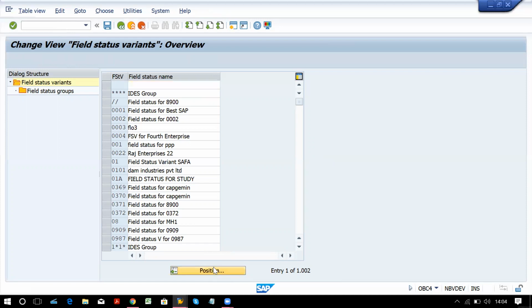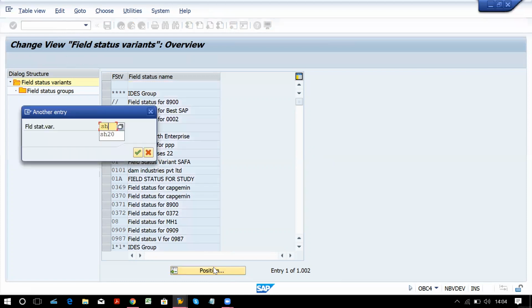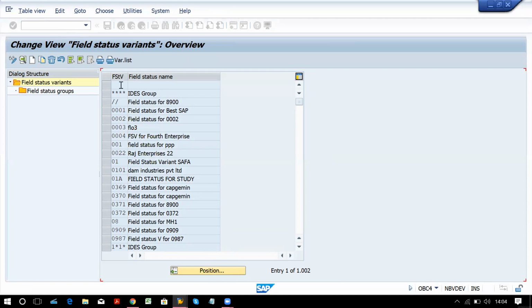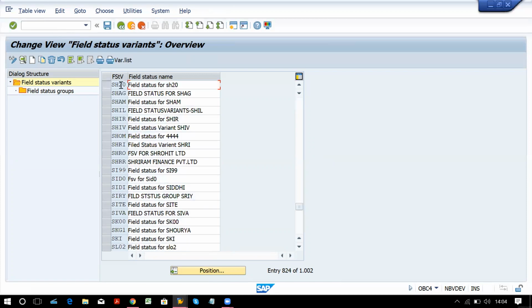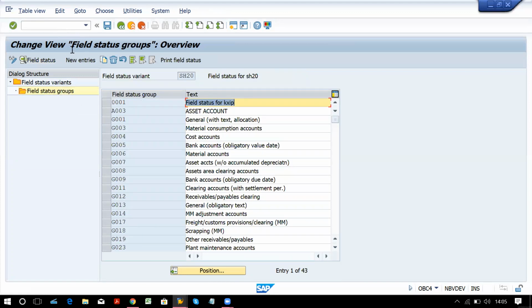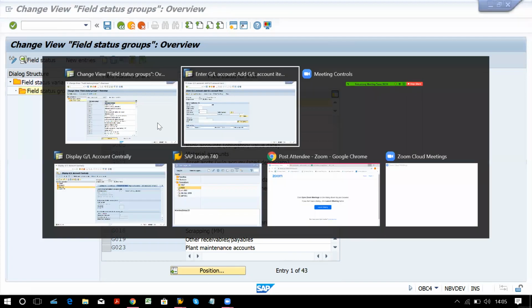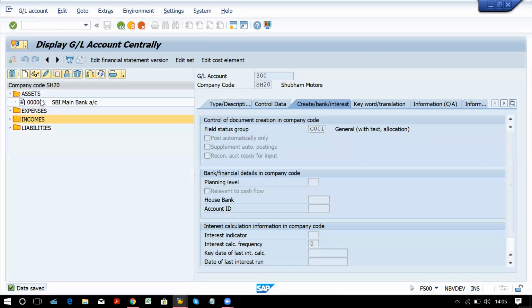Okay, now position your field status variant. SH20 is the field status variant which we have created and which is assigned to our company code. So select it and go to group. Now which group to select? Okay, go to FS00. Now on the asset side, for the bank account, we have assigned G005.